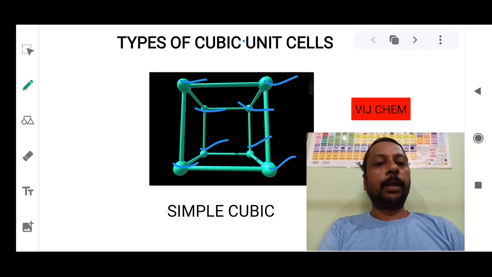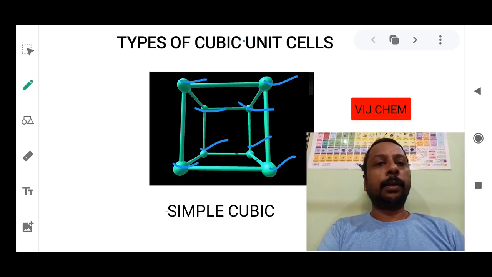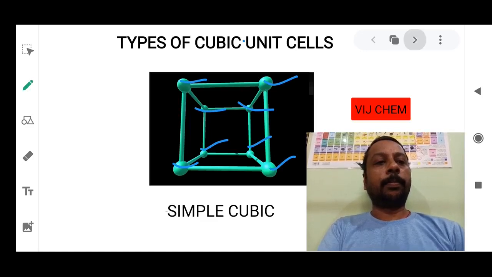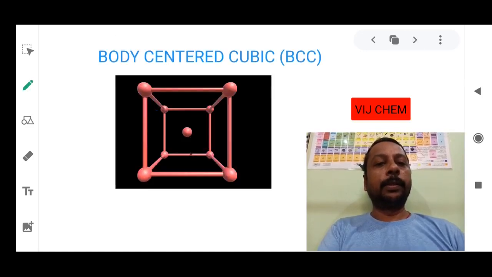What is the same? They are located at the corners. Okay, this is the first type of cubic unit cell. Now let's see the next type. This is about the body centered cubic